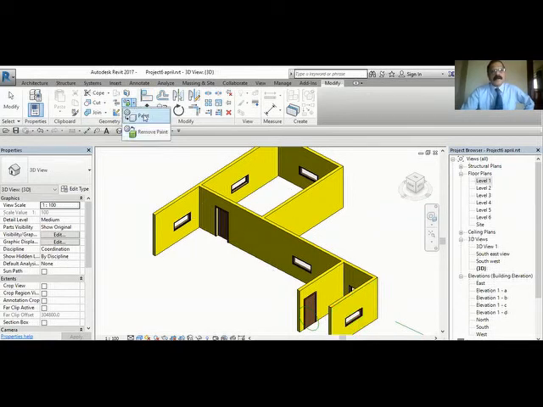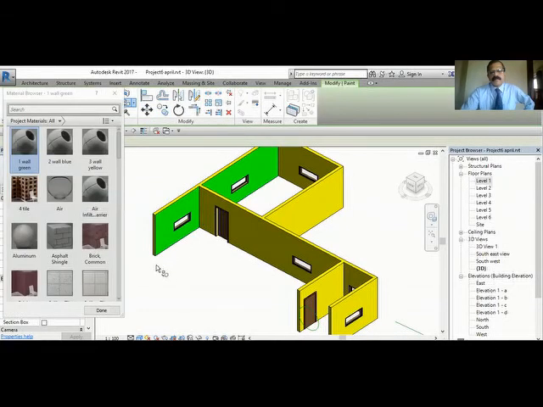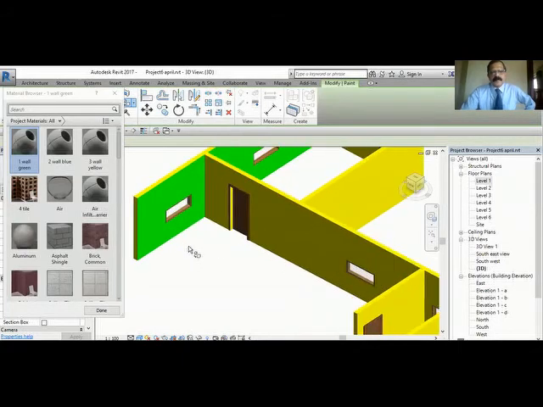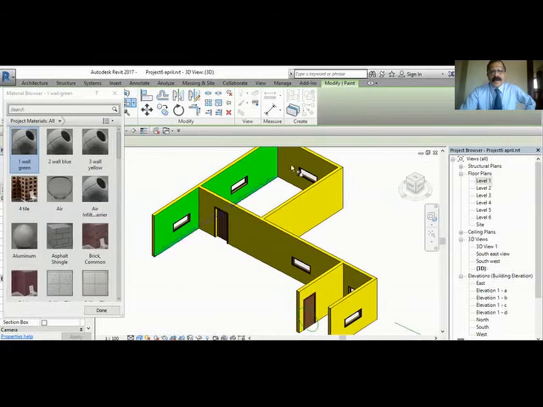I want to add paint, green. Okay, got some idea now? One problem is I want to have this room blue, this one green. The problem now is when you click, it gives the same color throughout. I want to have a different color here. This room, the four walls, I want to have different colors. But now it is giving the same color. So I have to split this wall. So how will you do that?